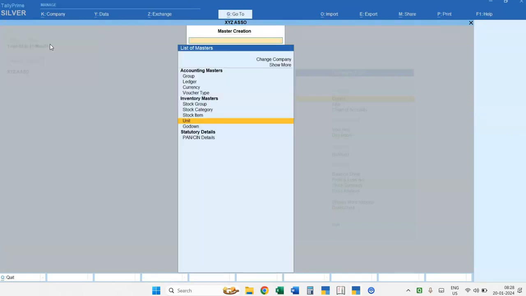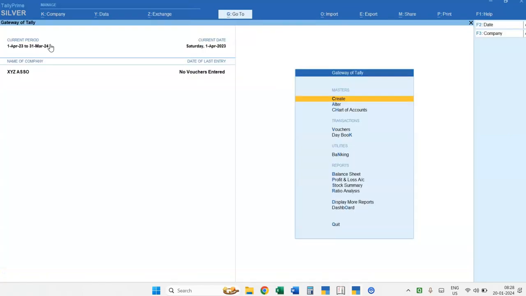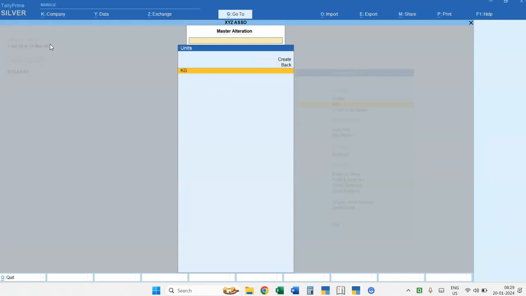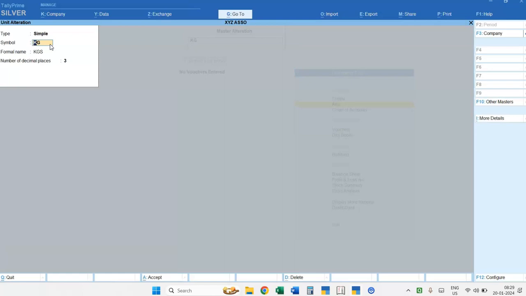Suppose I want to alter this unit of measurement, then what I will do, I will again go on the alter menu from the gateway of Tally. Here under the inventory master, I will select the unit option and I will select from the list of units the particular unit which I want to change. So I am selecting kg which we have created.